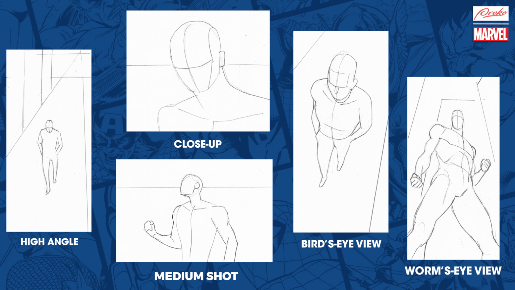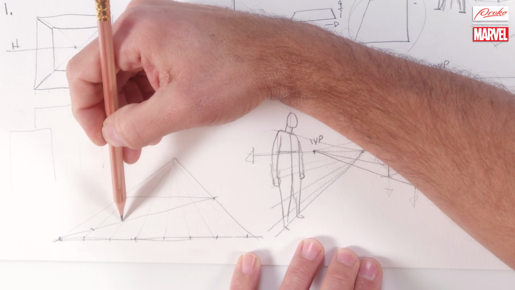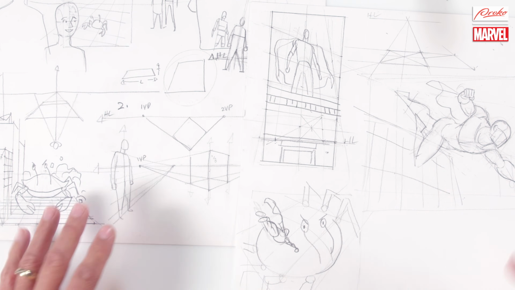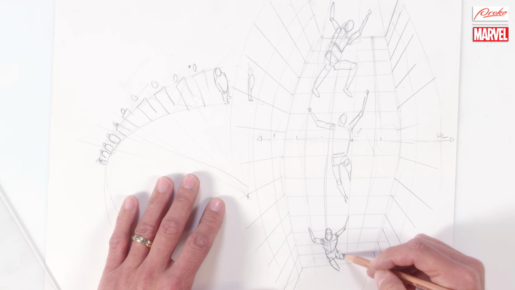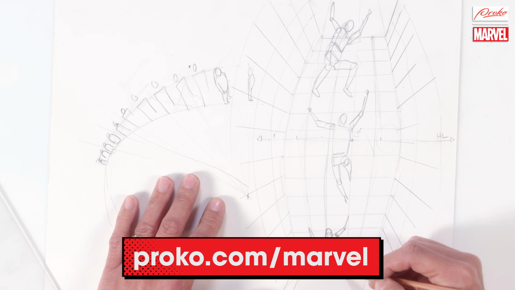So on top of all the other tools we've talked about with cinematography, the shots and being familiar with all the sort of standards and using the horizon line and perspective, all that stuff's important. And if you want to see all those lessons and improve your perspective and cinematography, you can find them at